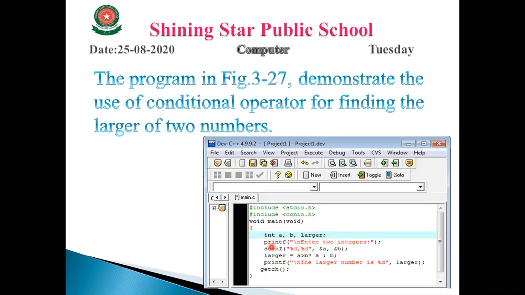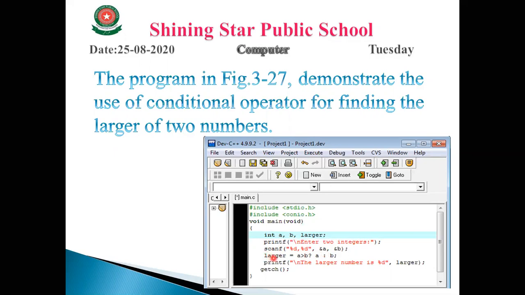We know what the purpose of scanf is. Scanf means we have to take values from the user. So %d, %d. %d is used for the integer. So now we will get some data from the user. Let's suppose A is 10 and B is 15.